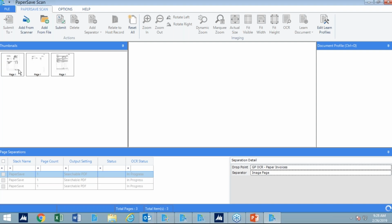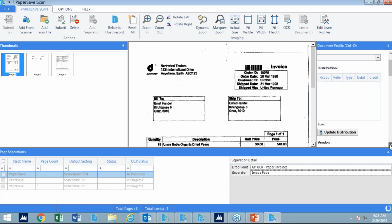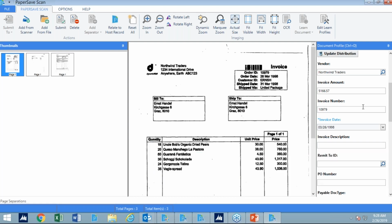And when I say that it's doing OCR, optical character recognition, this is what I mean. Down here, OCR is in progress, right? And what's going to start happening is the fields. Now you just saw that Northwinds Trader populate. It's going to start populating. These are profile fields in PaperSave, so it just did data entry for 3 transactions. Now, I used to be an accounts payable administrator way back when. I can tell you I couldn't do data entry that quickly, right? So OCR is taking what information it can off of the invoice, and it's populating the data into these profile